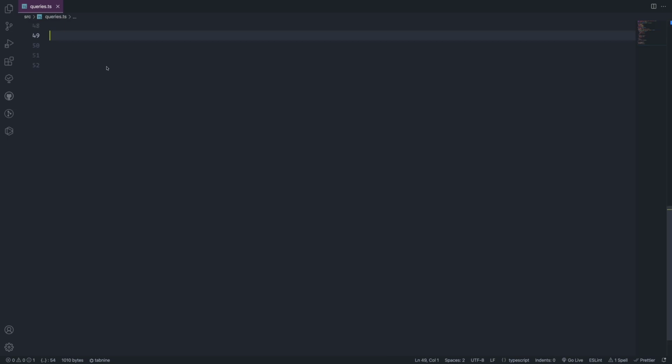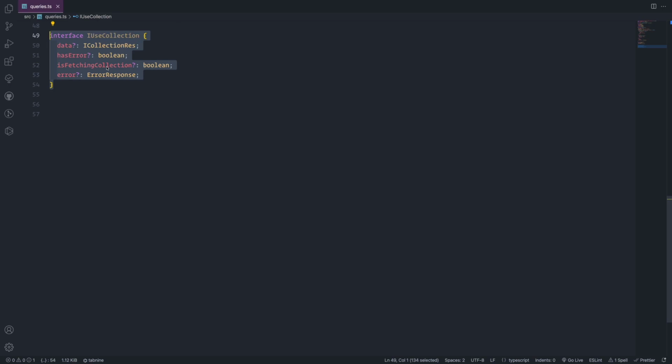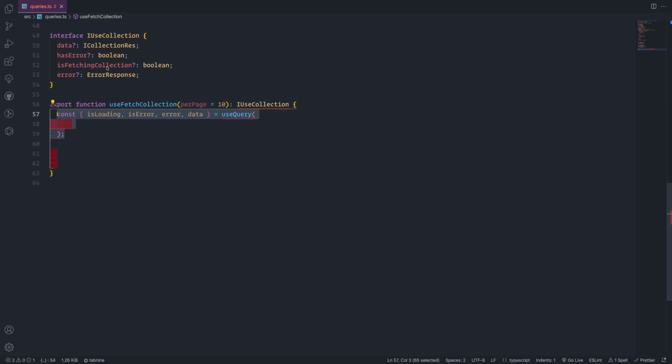If there is an error, it is just a boolean value. We'll create a query where we need to fetch the whole collection. So first we will start by creating the interface, which I call IUseCollection, and then we'll have the data as collection response. And then hasError is a boolean, isFetchingCollection is a boolean, and error response, which can be imported as we talked about. Now we will export a function called useFetchCollection, and then we will send perPage as a parameter, and then we use the interface to indicate the return type, and then we bring in useQuery. As we talked about, isLoading, isError, and data can be